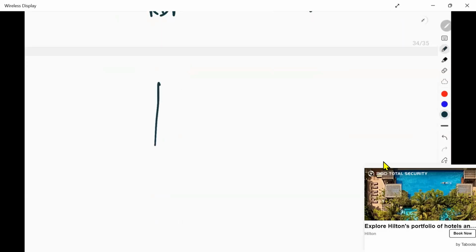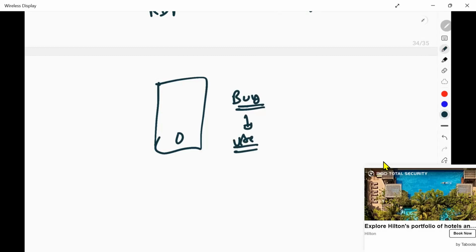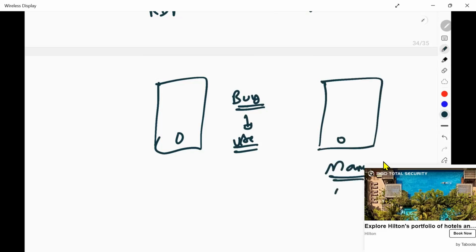Let's say this is your phone. Now, you are going to buy this phone, right? And you just know how to use this phone. That's it, correct? Do you really know how this phone gets manufactured?